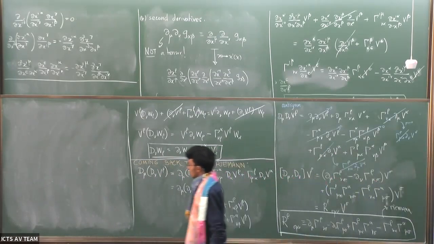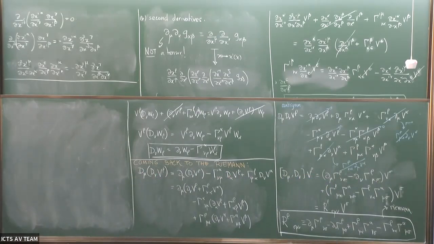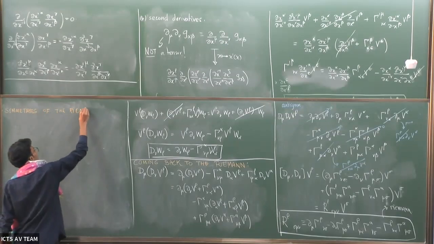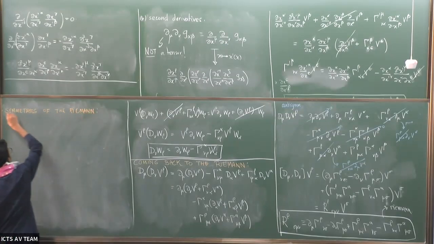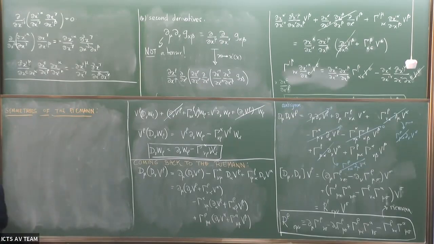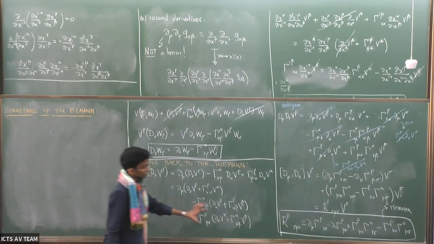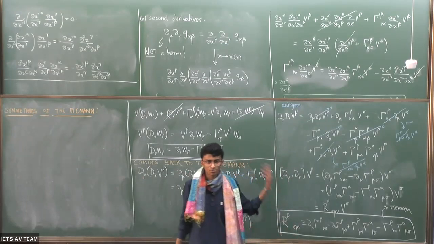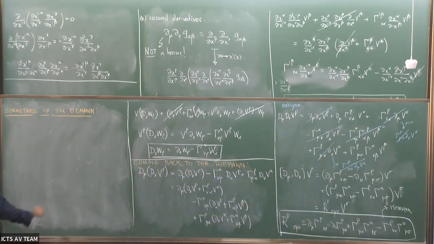Okay, so symmetries of the Riemann tensor. One symmetry is already obvious. Now that we have shown that this is a tensor, I can do all kinds of things with it. I can bring it down, make it go up, make everything up, everything down, sum up, sum down, everything I can do. Then I can bring it down and say mu is equal to